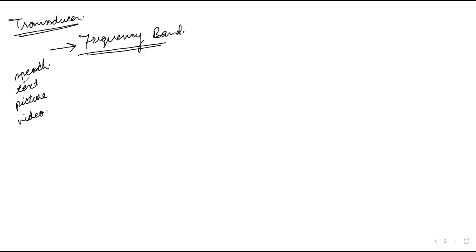आप अपने मोबाइल से किसी को क्या-क्या सेंड करते हो? या तो स्पीच सेंड करते हो, टेक्स्ट सेंड करते हो, पिक्चर सेंड करते हो, वीडियो सेंड करते हो। इसके अलावा, I think these are the mostly used. ओके, सो ये जो भी हम इंफॉर्मेशन ट्रांसमिट कर रहे हैं, all these informations are transmitted using some electromagnetic wave, और वो भी जो हम वेव ट्रांसमिट कर रहे हैं, all of these things are transmitted using some